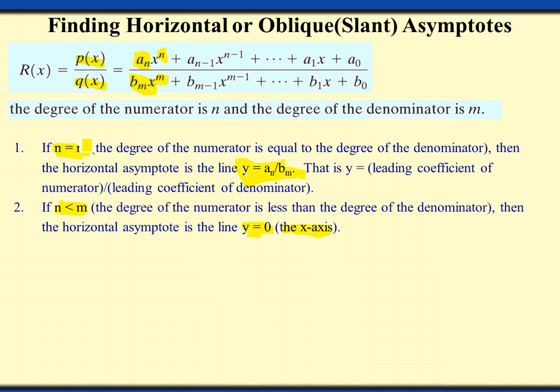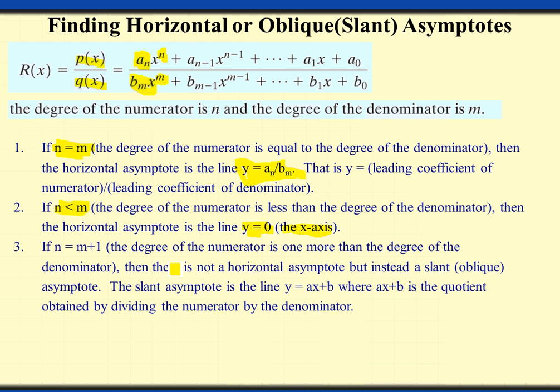Now here we have the degrees the same, number one. Number two is the degree of the numerator smaller than the degree of the denominator. The only other possibility is if the degree of the numerator is bigger than the degree of the denominator. Now, in general, if it's bigger, and I should really write it this way, let me point this out. If we actually had the degree of the numerator simply bigger than the degree of the denominator, that's supposed to be a greater than, then there is no horizontal asymptote. But if in fact, as I've written here,